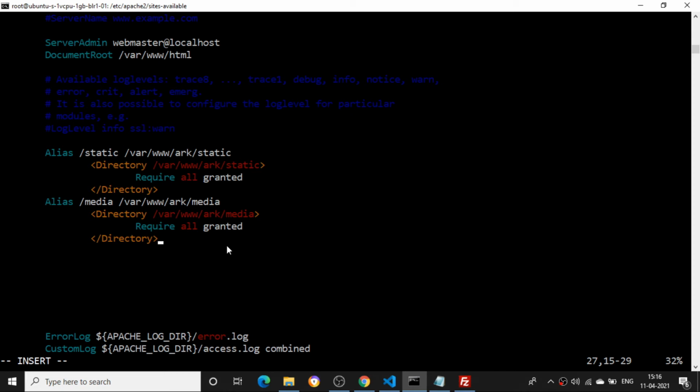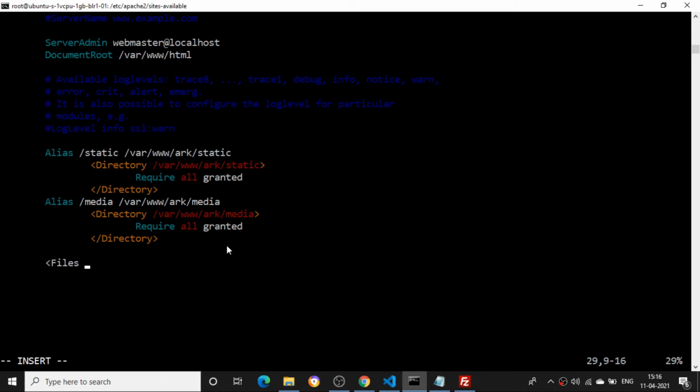Same way, I need to give one more thing. For serving the files, I need to give file access. So I'll type capital F, Files. I need to activate the WSGI mode here, so I'll type Files wsgi.py.